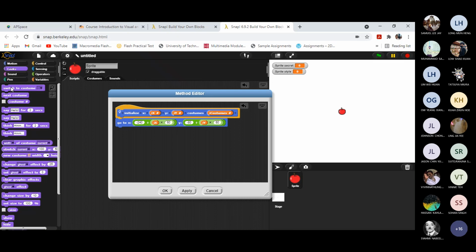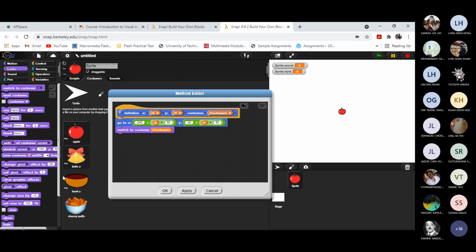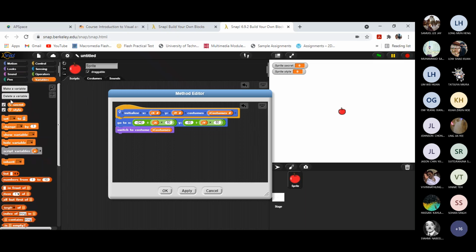Okay, so now first we switch to the I costume. Switch the costume to the I costume, all the costumes here. Since we already have the variable, we set the secrets to the I costume, and then we set the style